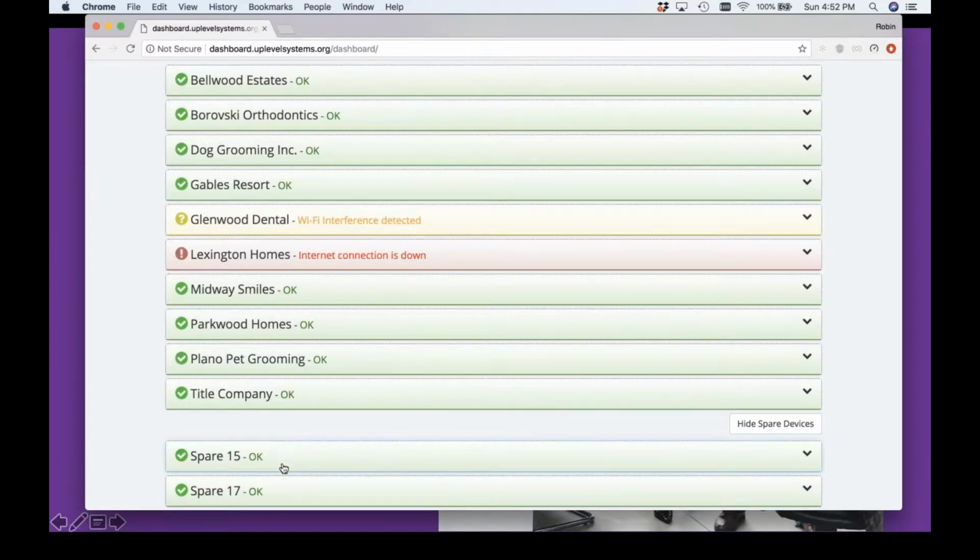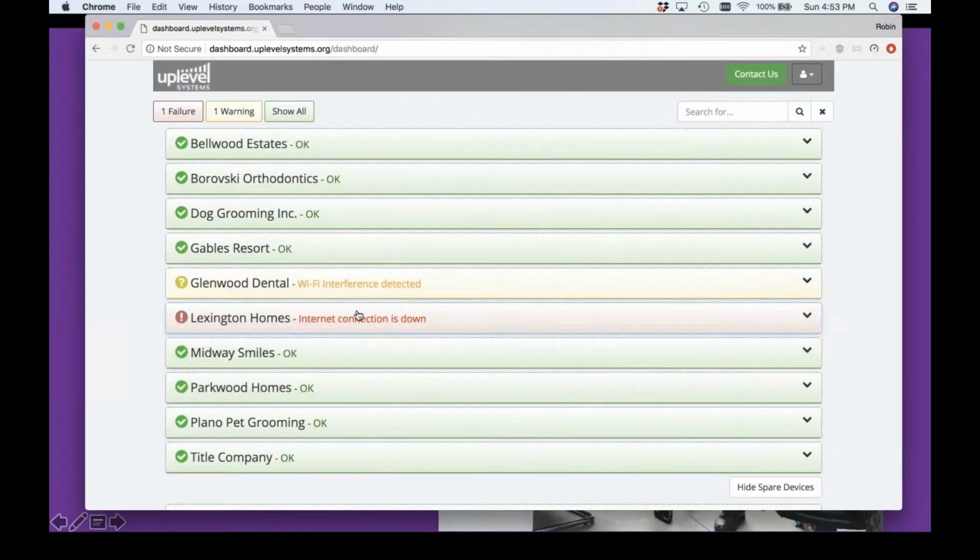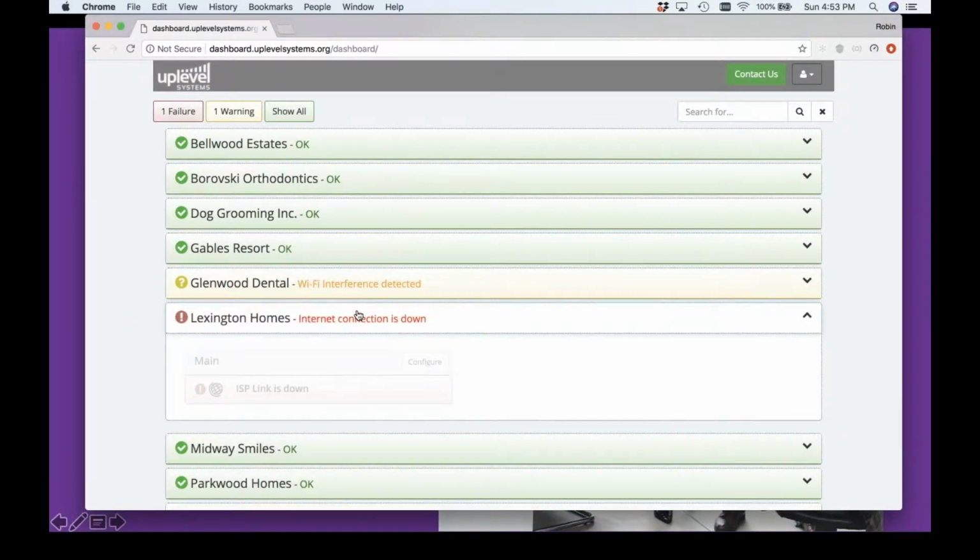So this is probably going to be inventory that isn't yet deployed. But obviously you have those gateways. Instead of them clogging up your normal dashboard, you can mark them as spare, and you'll see them down at the bottom. To mark a device as spare, what you'll do is go into the specific device, click configure, and